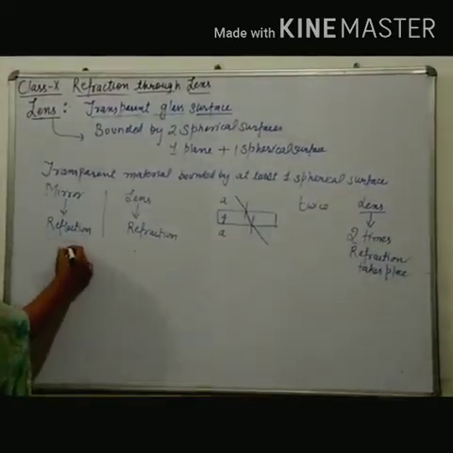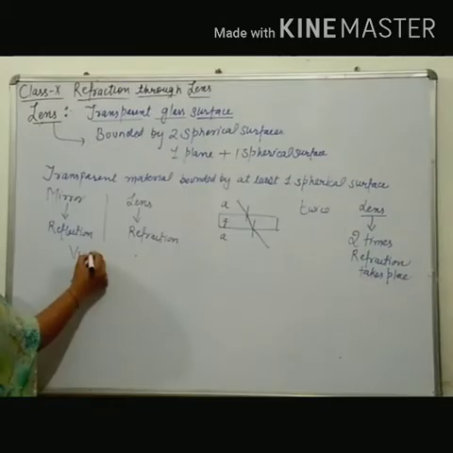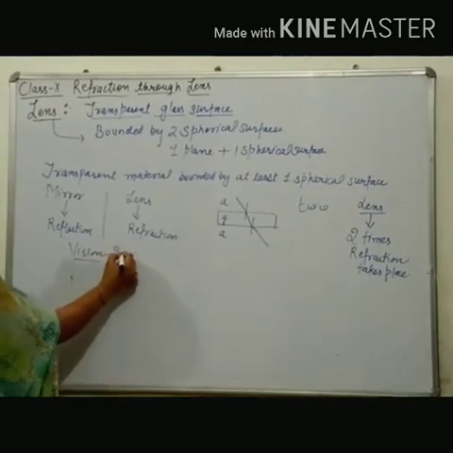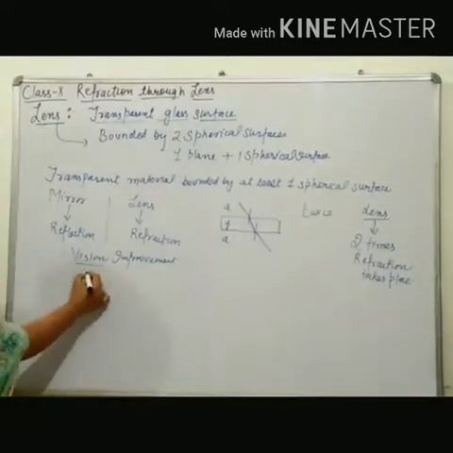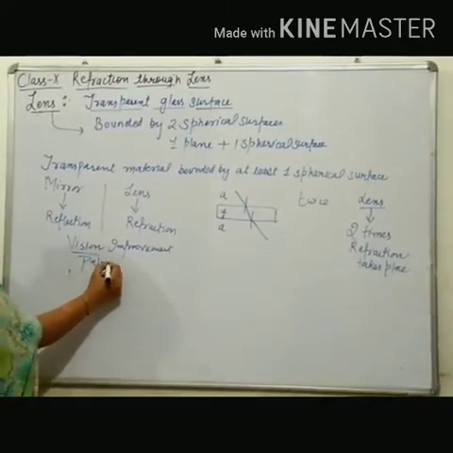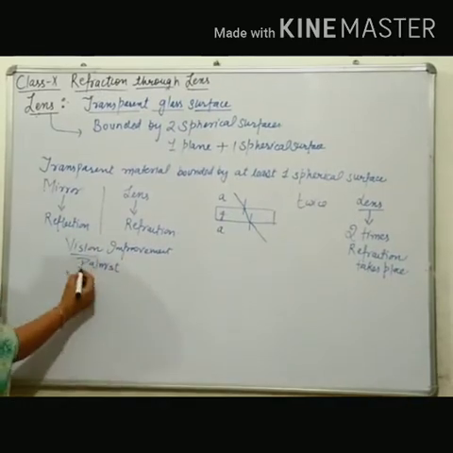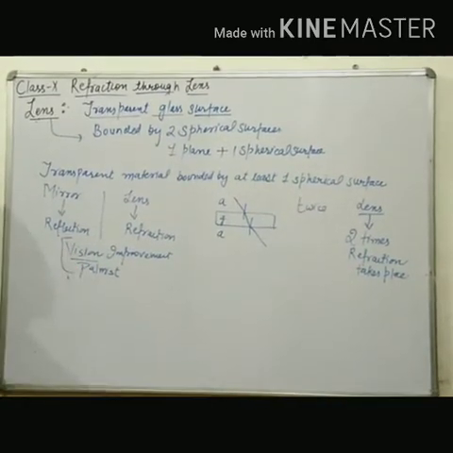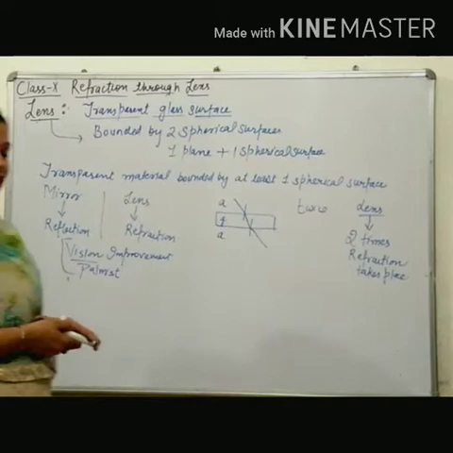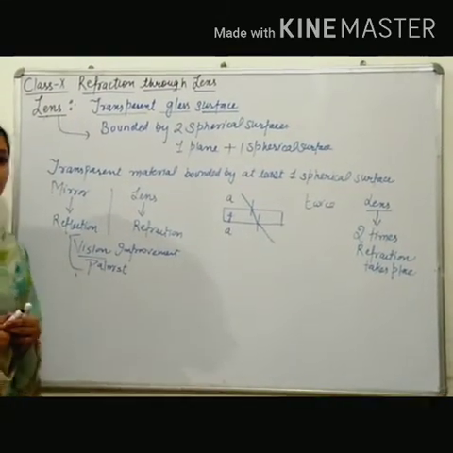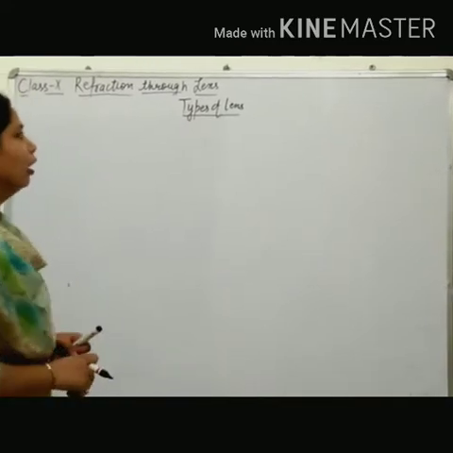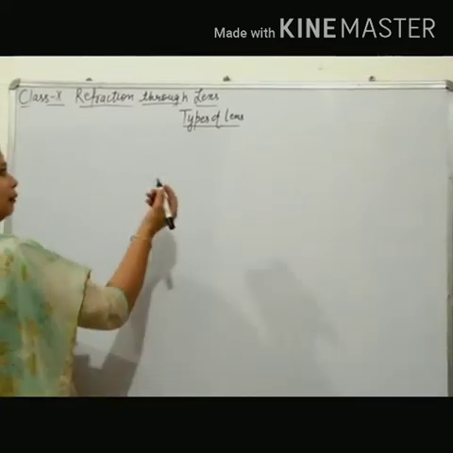Okay, so you have come to know lens and its use in our daily life, just like I have told you about vision improvement, and you must have seen a palmist that reads the lines of a hand. These are certain uses of lens. So let's learn how many types of lenses there are. Now let's start types of lens.